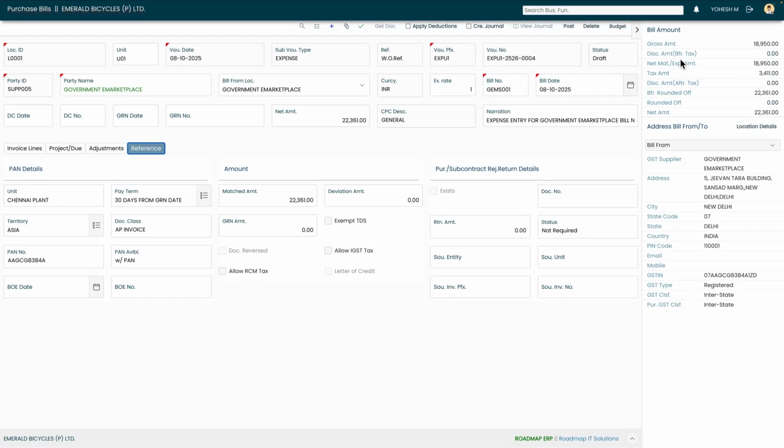In the right corner, users can view the preview. The gross amount, tax amount, net amount, and details will be updated. The bill from and bill to addresses can be viewed in Location Details, Billing from, and Billing to Address. Once the entry is saved,